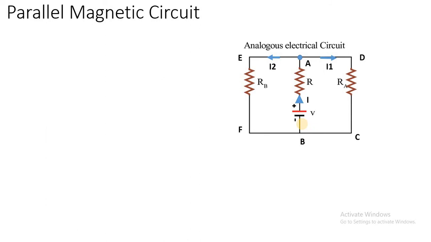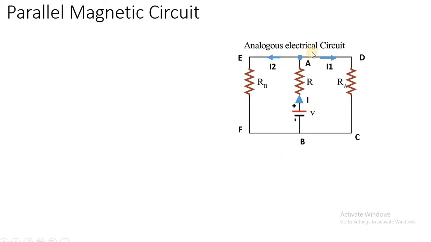Yes, ma'am. At junction point B, the current I1 and the current I2 are acting as incoming current, and after junction point B, they will add together and make the total current I, and that total current I will go to the negative plate of the battery. Everybody understood that particular logic clearly? Yes, ma'am.